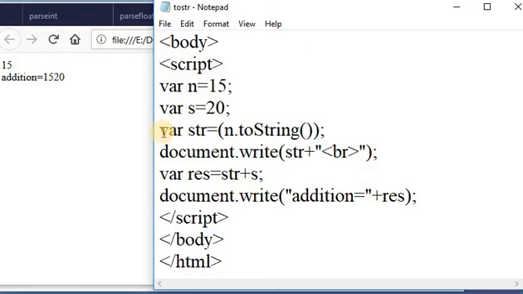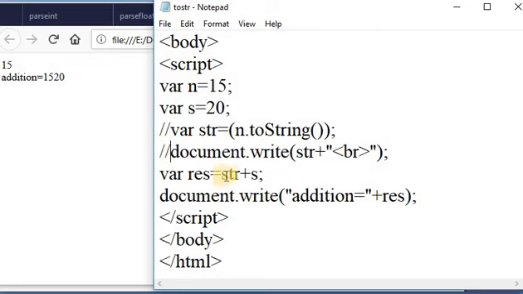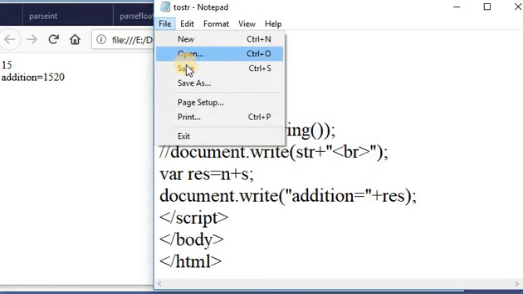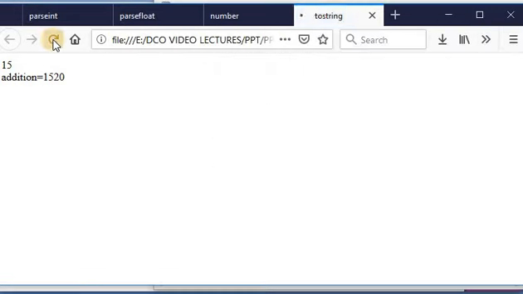Suppose I am not converting this number to a string. Here I am putting in a comment, and res is equal to, suppose, n plus s, and what will be the output? It returns 35.